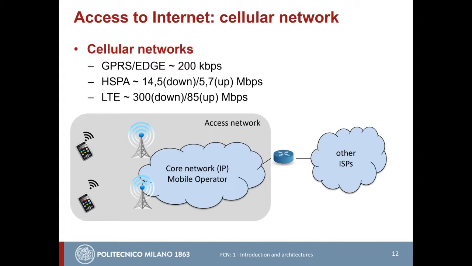All these technologies allow you to use the mobile phone network in order to transfer data with increasing bit rate, so from 200 kilobit per second in GPRS up to 300 megabit per second in LTE, and